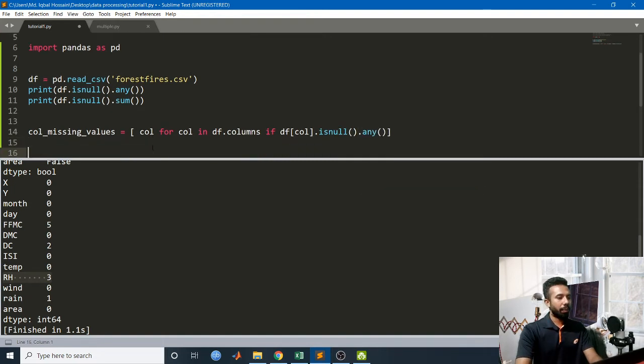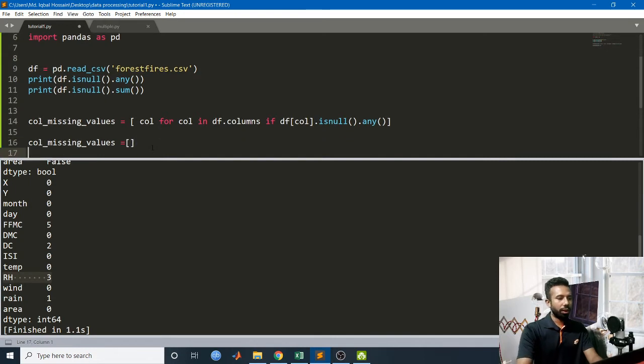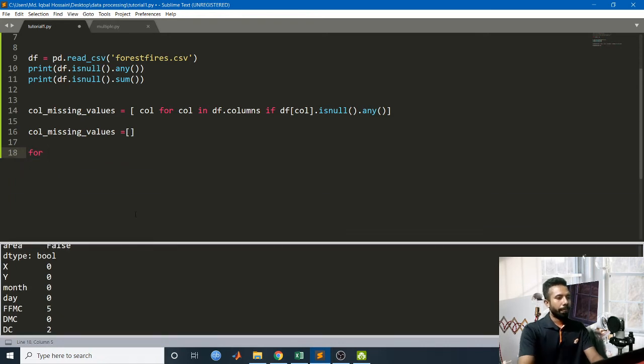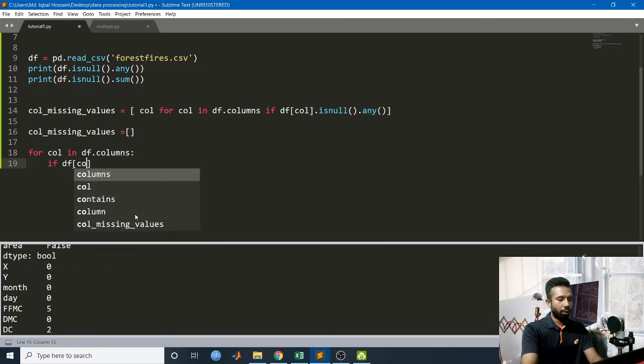If I expand this code, it should be like this: col_missing_values equals a blank list, then write for col in df.columns, then write if df[col].isnull().any(),